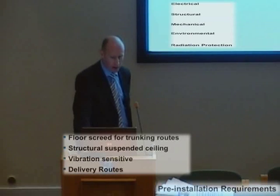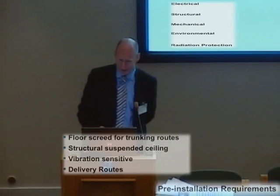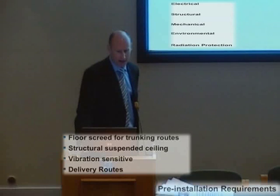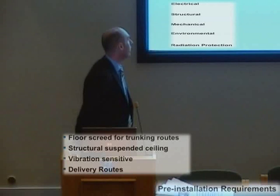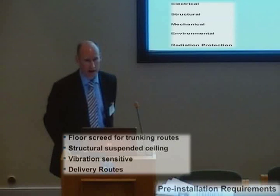So I would always recommend a floor screed, and hopefully to a sensible depth. And I say sensible because sometimes we see floor screeds of 10 millimetres, which is no good for these cables. Structurally suspended ceiling. We touched on this earlier, on the weight of the equipment on the ceiling. You need a suspended ceiling, obviously, and it will need to be a structural load-bearing ceiling if you're going to